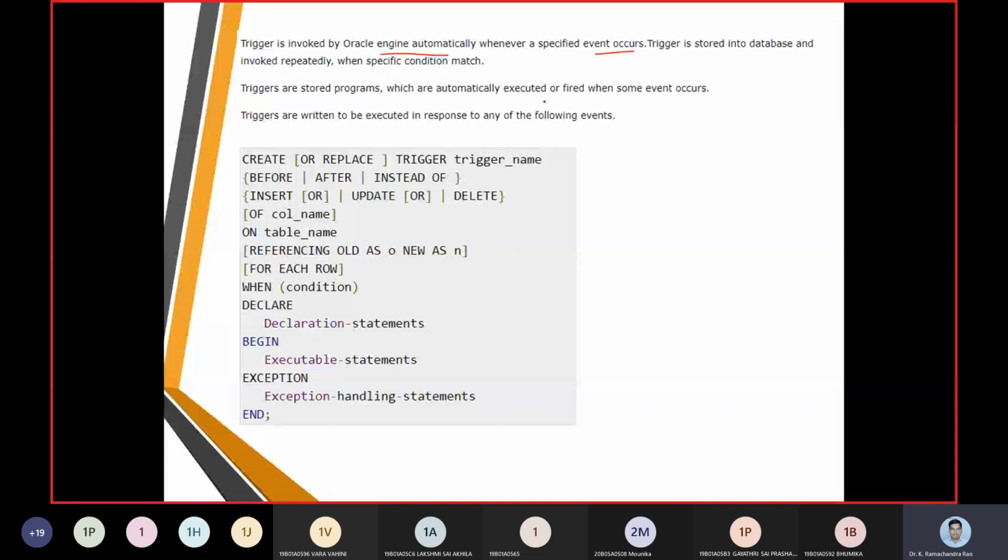Then this is the part where it can check whether it is going to be a row level or a statement level trigger. It needs to be mentioned. Similarly, old and new are going to be the variable names. So for that, it is going to check on each row, as specified.